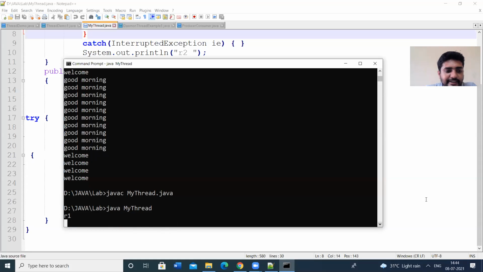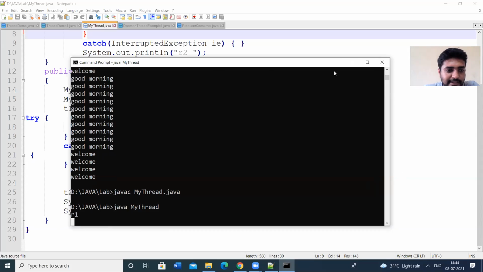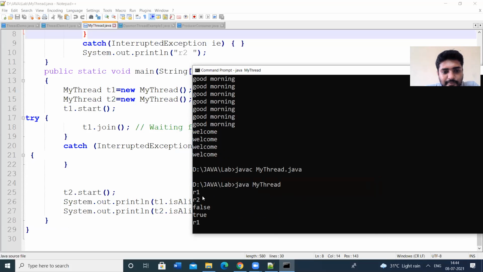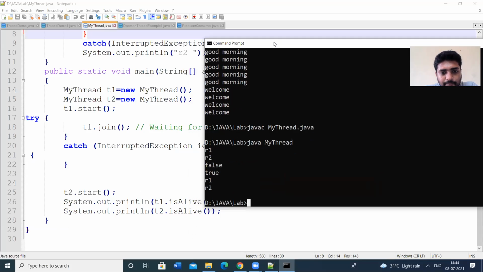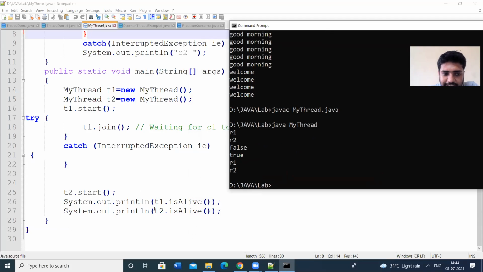R1 is executed and waits for 5000 milliseconds, that means 5 seconds. And R2 is executed. After completion of the execution, the next statements are executed.